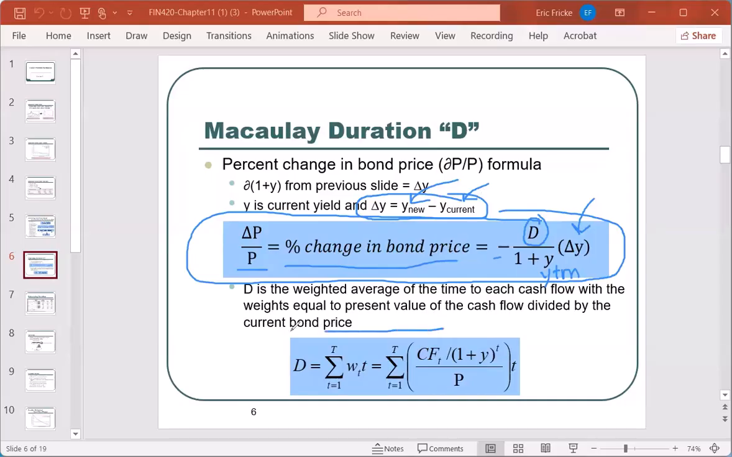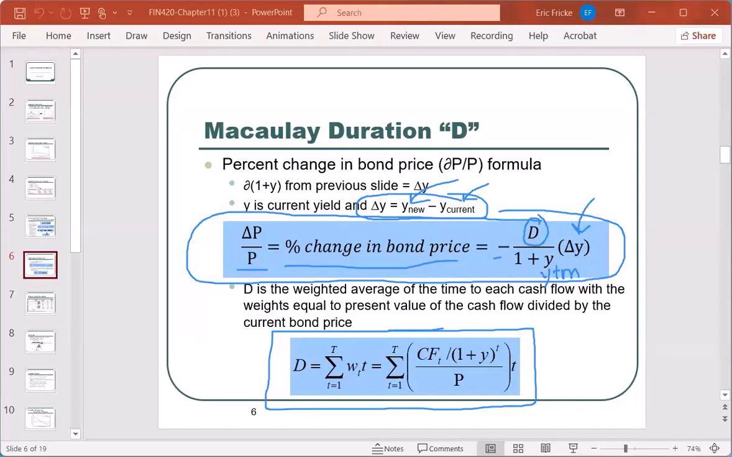Now, this thing gets a little nasty. This is that Macaulay duration, okay? And the way to think about that is... this is kind of funny because I can't imagine how someone initially came up with this, but